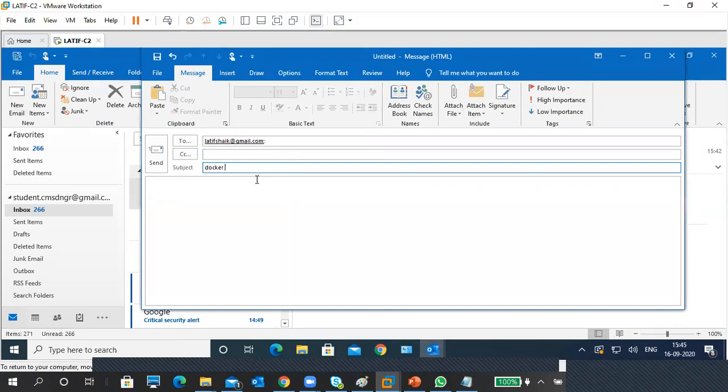Docker commands. So you have to put a greeting, like hi Latif, or dear, or the like. You should give it properly. Okay. Please find attachment. Caps are small. Okay. Please find attachment. So if you are attaching something, you have to put please find attachment.